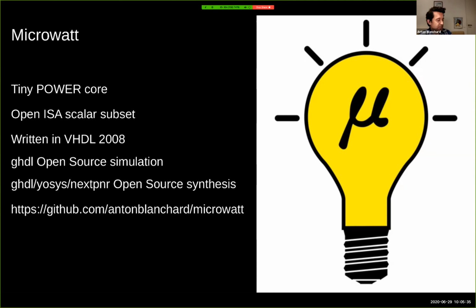Which for us has been really interesting. And I'll touch on it a bit later, but coming from the open source software world, one of the important things has always been to be able to easily test and build and reproduce environments, have CIs running on random areas, for example, in GitHub. And vendor tools don't often lend themselves to that. So, apart from the fact that, from my perspective, I can go in and look at everything because it's all open source, that's fantastic. But just the logistics of being able to automatically test and all that kind of stuff was a problem for us until we had the ability to have a full open source flow. And the GitHub link is up there.